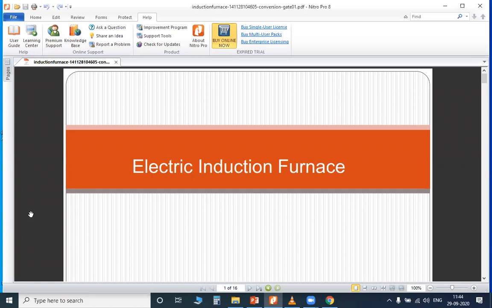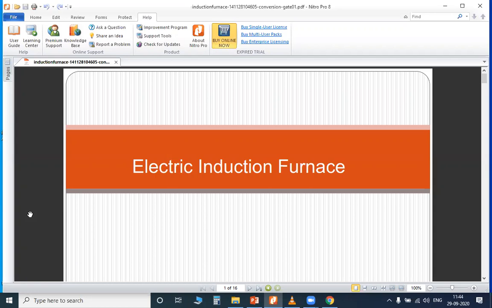The electric induction furnace is a very easy process, which can be completed in a short time. So it is mostly used in industries. It is a very clean process. After the process is complete, nothing sticks to the walls. Most of the operation uses a coreless furnace. It is coreless, not a channel induction furnace.